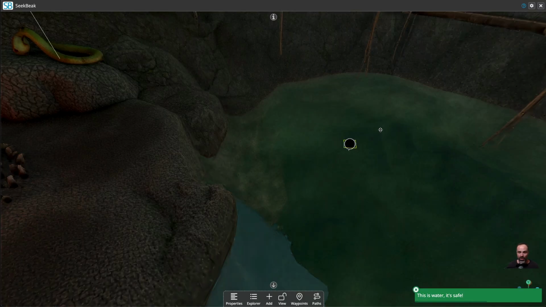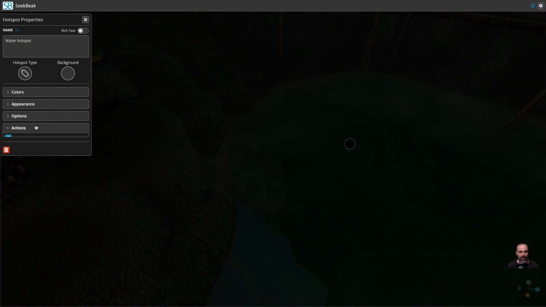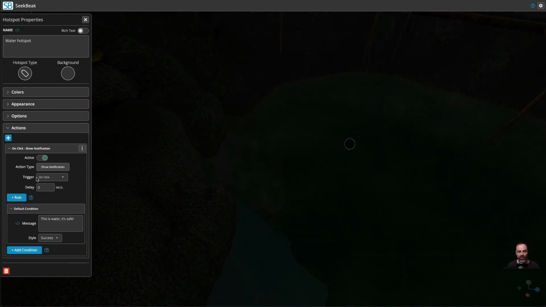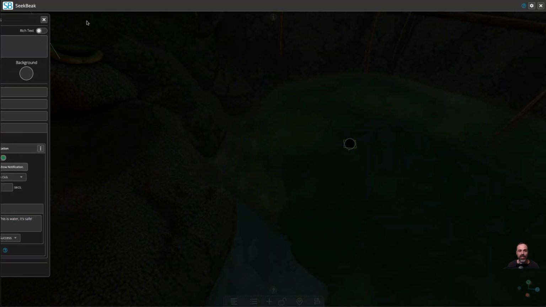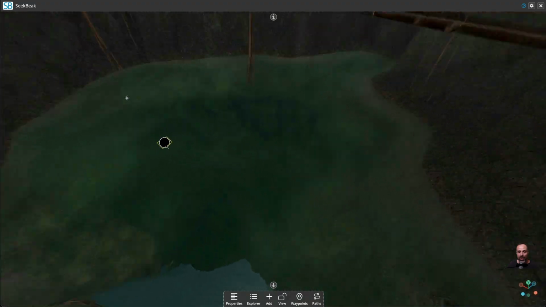Okay, so what I've done with this hotspot is I have rigged up an action that's just going to show a notification that just shows this here. Okay, so no score incrementing, no hiding, no anything like that. So what I'm going to do now is I'm going to go